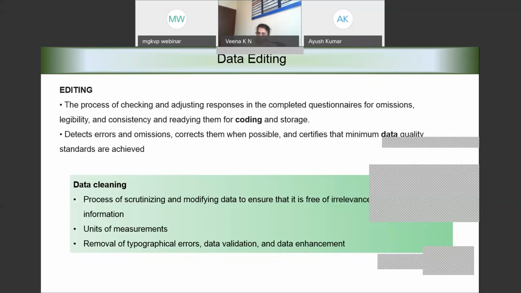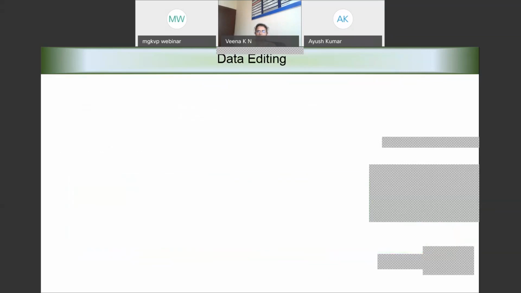And it will also help us do data validation and enhancement. Enhancement, because we remove the unwanted data, we remove the irrelevant data, thereby enhancing the quality of the data. So data editing is basically a process of enhancing the quality of the data that we deal with.